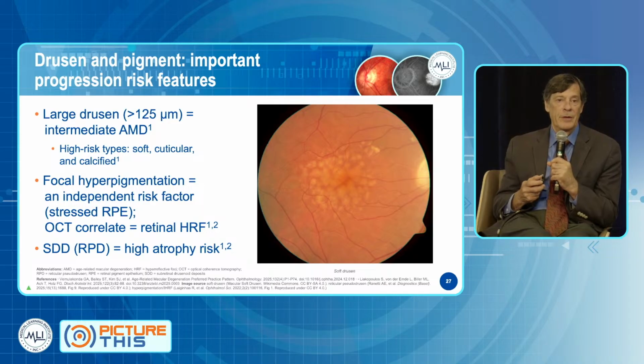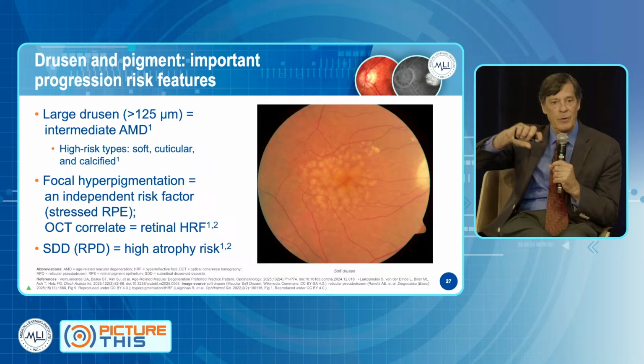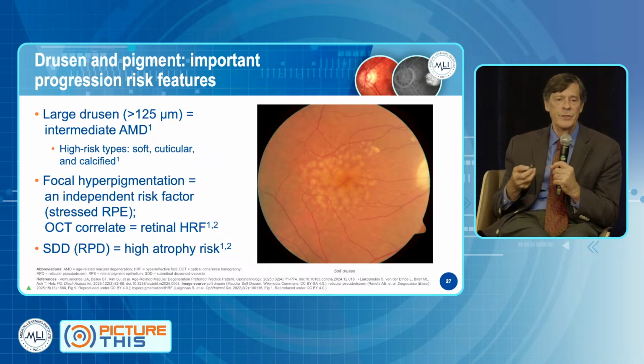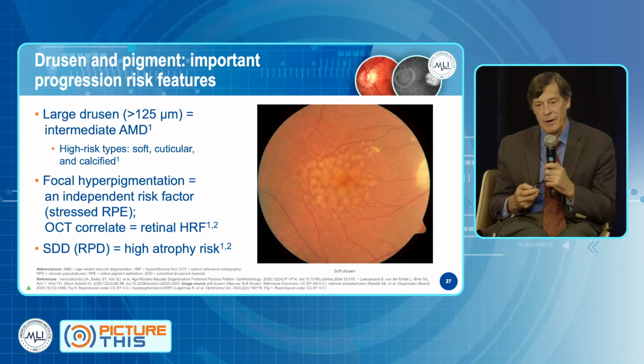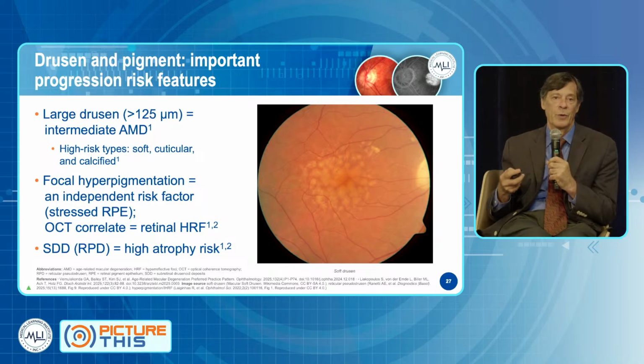Focal hyperpigmentation, I mentioned that in that patient previously, there was a little bit of pigment in the center. That's an independent risk factor. And we see that on OCT as a sign that the RPE are unhappy. They start migrating from their monolayer into the retina, and we see those as hyperreflective foci, bright little spots in the retina that are a sign that the RPE are under stress, and this is a risk factor for progressing